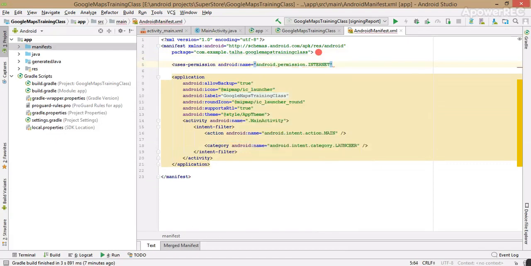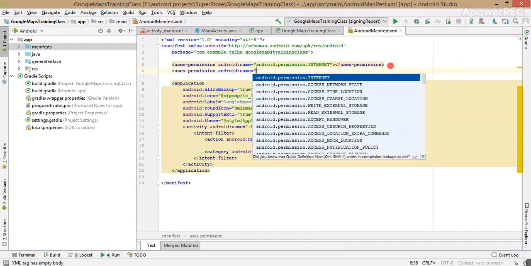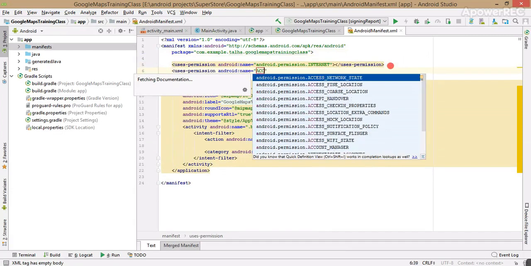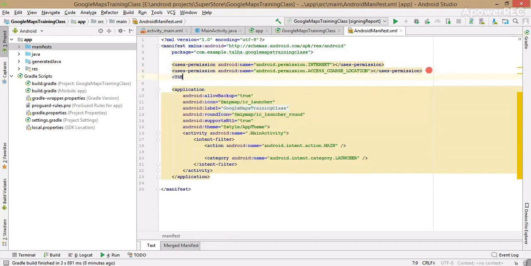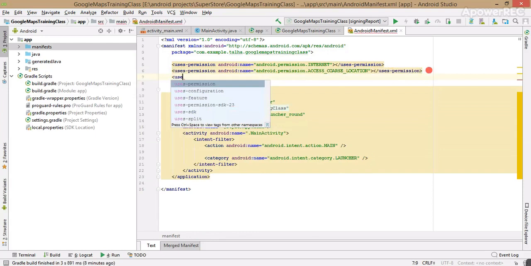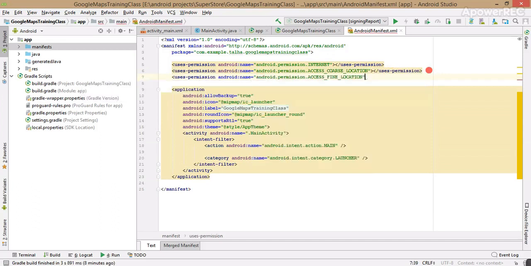After this, we are going to add coarse location permission, and the last one is access fine location permission.